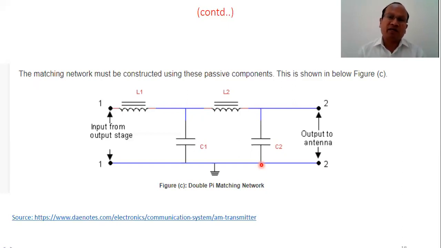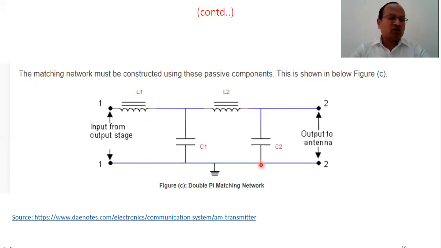Then it goes to the power amplifier. The power level of the carrier signal is raised and then it is modulated with the help of the class C power amplifier, and that output is fed to the antenna. But we must remember that between the antenna input and the output of the class C power amplifier or modulator, there is a matching circuit, a coupler, which provides impedance matching as well as filtering, so that if there is some unwanted component at the output of the modulator, that can also be removed.